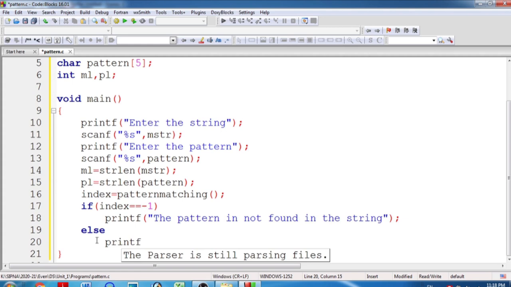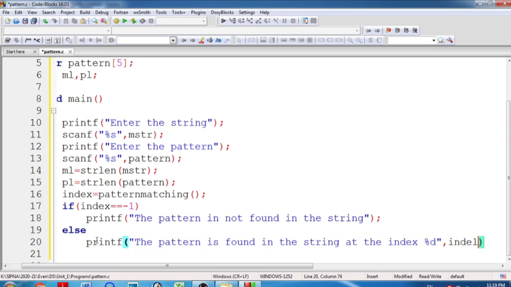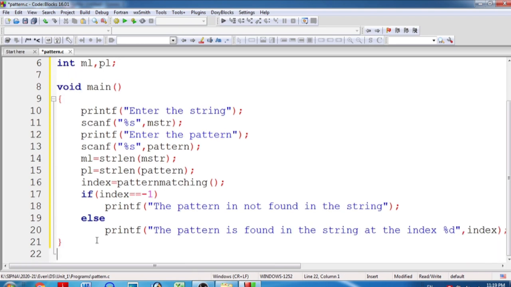If it is something other than -1, obviously the pattern is found in the string at the index %d. You already know this, right? You know a little bit of C language. How do we print the value of an integer variable? Using %d.